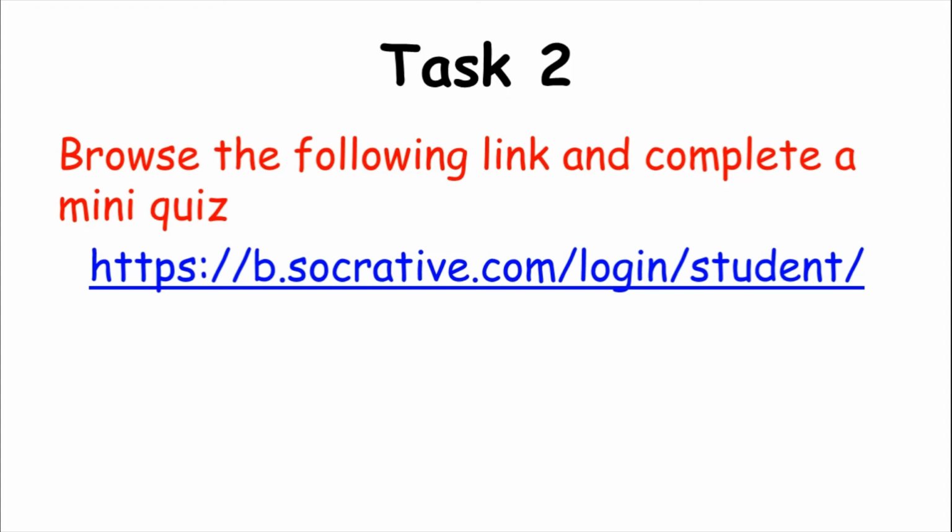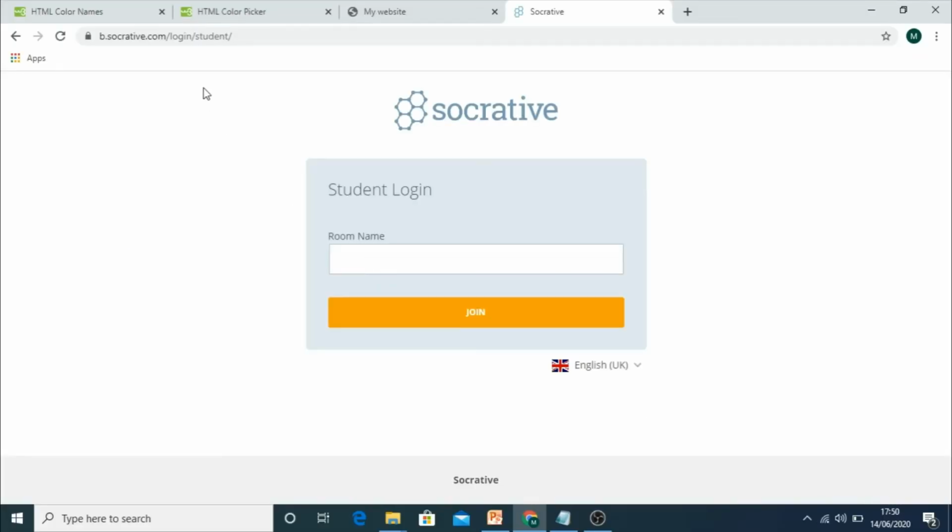Now if you have finished watching the video and task 1 is completed, now you're going to go to this link. If you go to this link, you'll get this page. Now here you're going to enter your room name. Okay, a few of you still find it difficult to get your classroom name. Your room name I have given in the Google Classroom for lesson 1, lesson 2, and lesson 3 also. It's the same room name. You enter your room name, for example